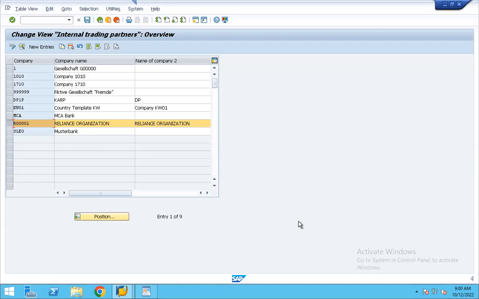No, we don't have any test client in the development server, because in a live environment, all these servers are configured separately, individual to each other, but they have a connection for moving the transport from and to. But we cannot have a test client under the development client. That is not possible, because anyhow the master data is going to remain the same, the server is going to remain the same. Then how can we have another server inside one server? So that is not possible.